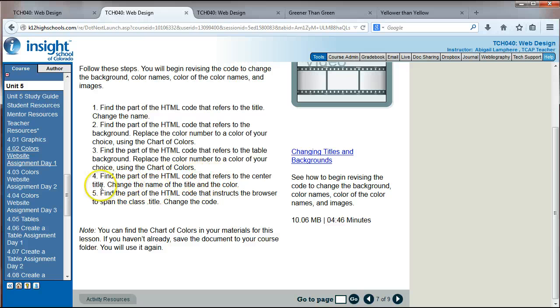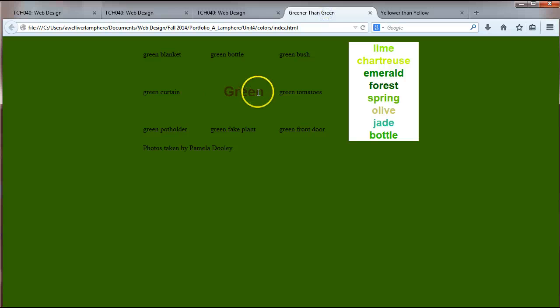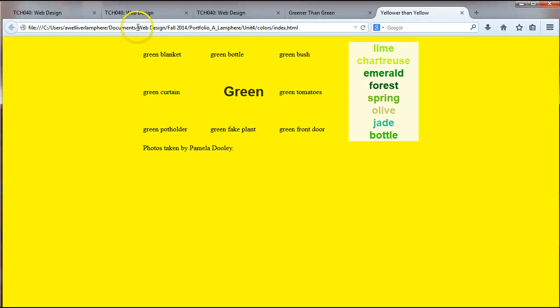Find the HTML code that refers to the center title. So change the name of the title and color. The title they're talking about is this green title right here. This is the center title on the page. So I need to, on my page, change that out to say yellow, and obviously I want to make that